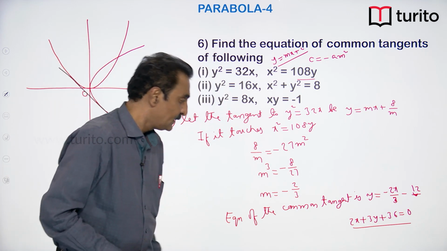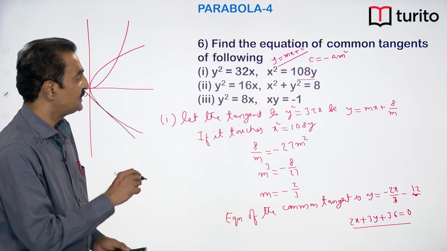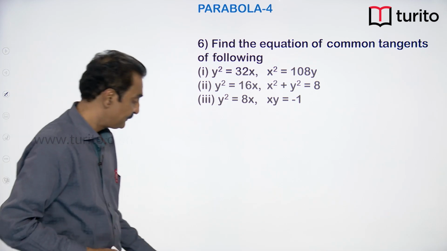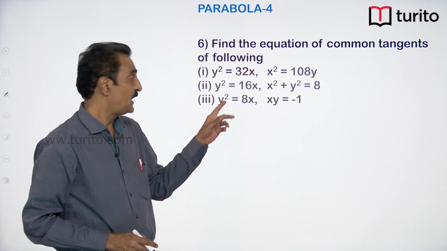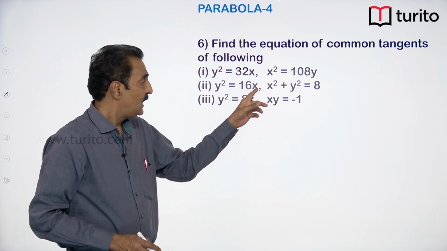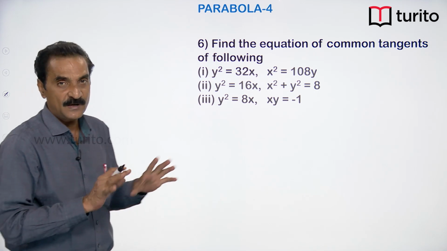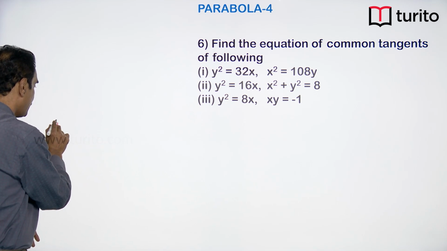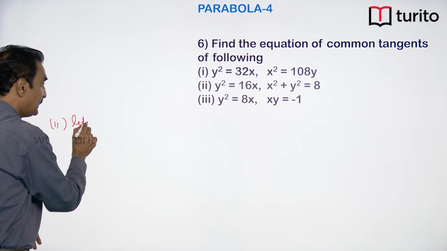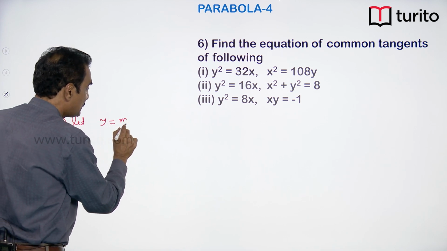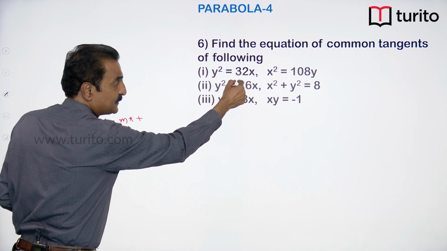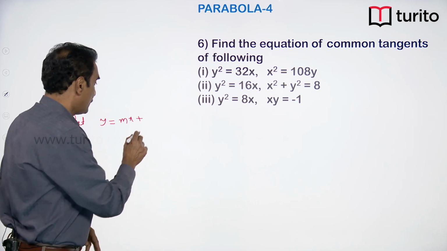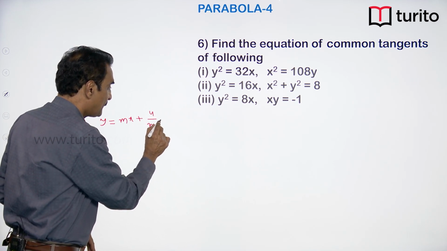Now, we will solve the second question here itself. In the second question, the first curve is a parabola and the second curve is a circle. We know the condition for tangency for both. Second question, let y is equal to mx plus a by m. What is a in this parabola? 16 is 4a. So, a is 4. So, mx plus 4 by m